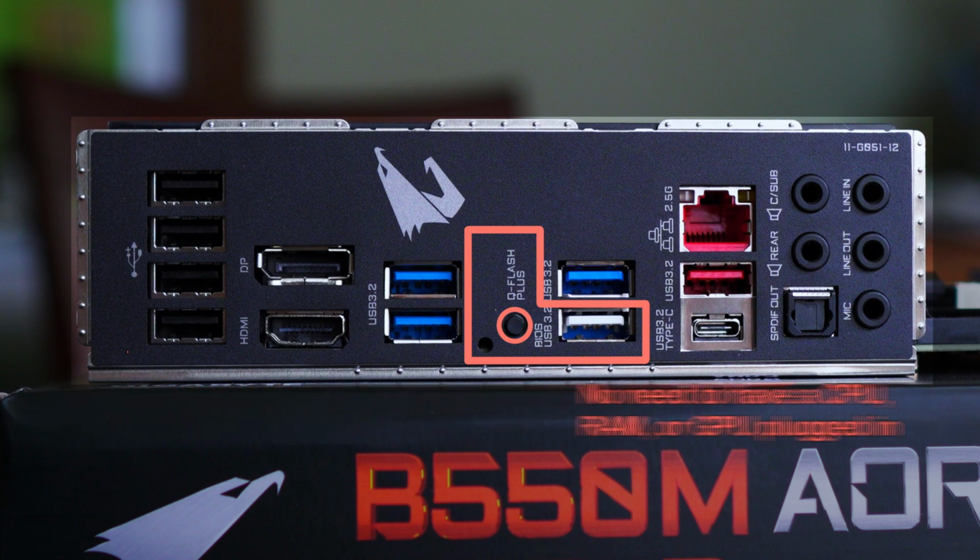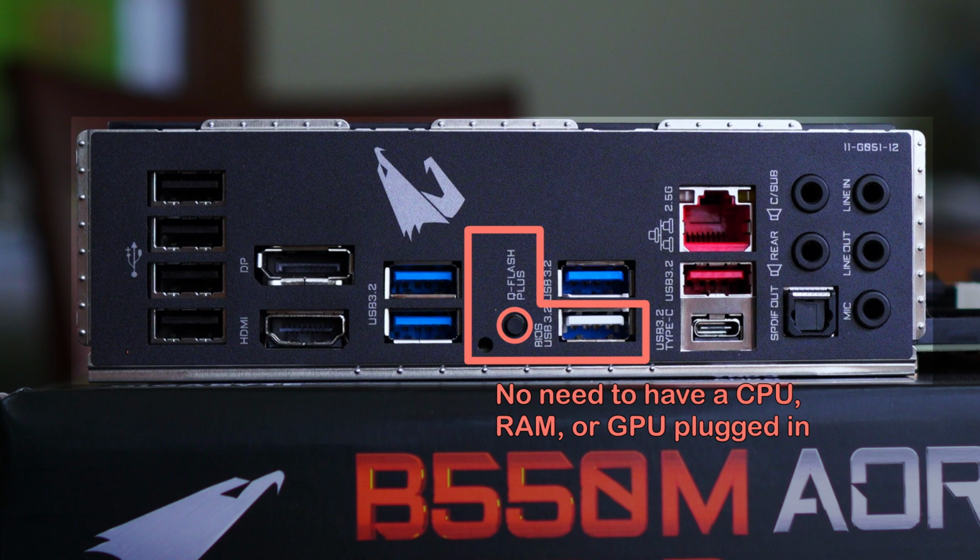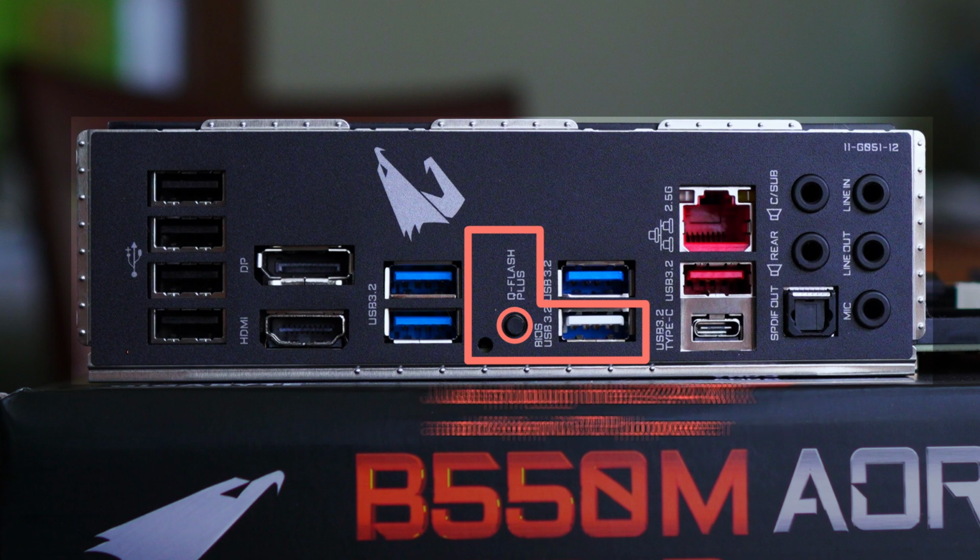Flashing the BIOS should be relatively easy. You don't even need the CPU or RAM installed. However, the trick to finding which BIOS is already on your motherboard can be difficult. You might be able to find it on a sticker on the BIOS chip itself or printed on the back